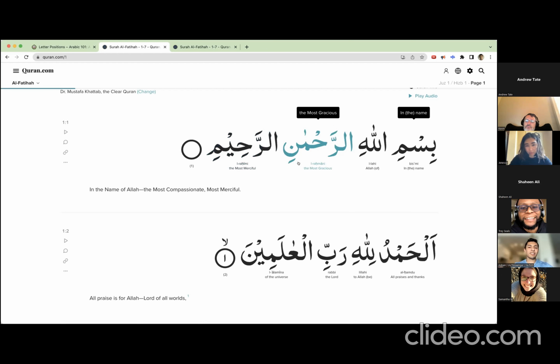So it's like a universal compassion, whereas Rahim is beyond that, for those who are good. So there's already this universal compassion in the word Rahman, and that's why it's so important to connect with the text of the Quran directly, because here you'll see different translations. Most gracious lacks the emotional aspect that the word Rahman has. And here this person translates most compassionate, but then the next word, most merciful, even though the next word Rahim is also derived from that word Rahma,